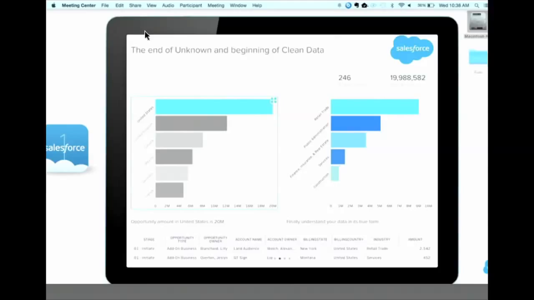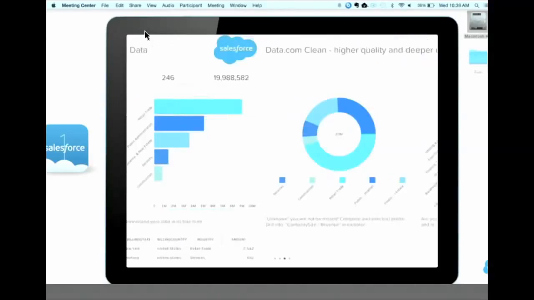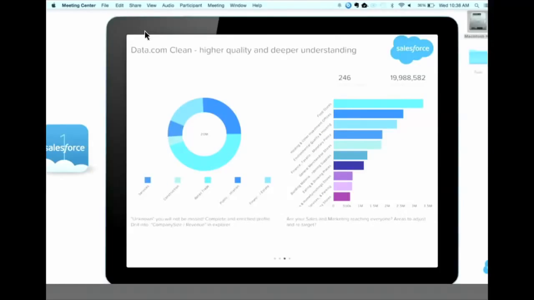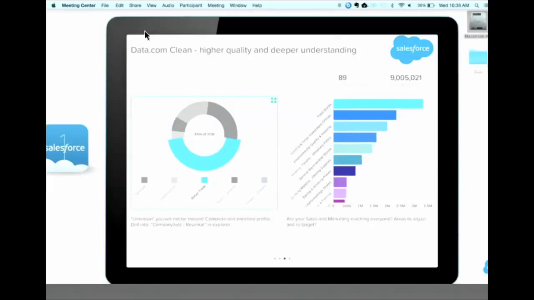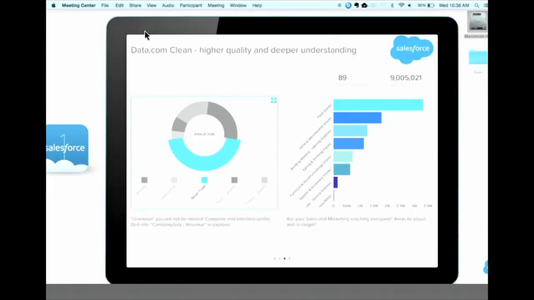I want to actually drill in a little bit on retail trade. So as I swipe to get to my next dashboard, I want to try to get some deeper understanding based on the firmographic data that is added during the cleansing process. As part of Data.com Premium Edition, we add over 80 fields of attributes, with things like multiple industry codes, such as the SIC, Standard Industry Classifications, or the NAICS codes. We add information about hierarchy, who owns who, the legal hierarchy of the business,